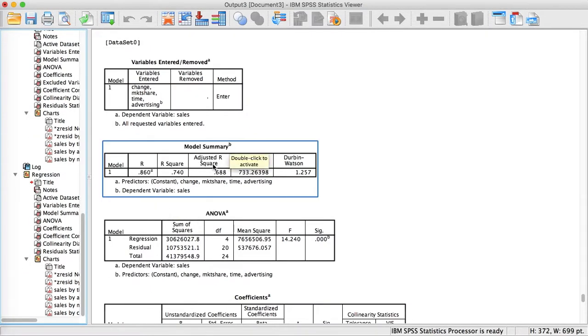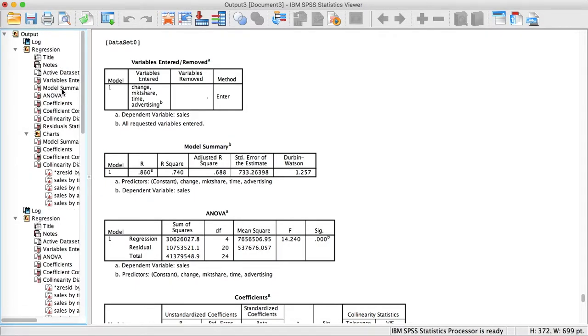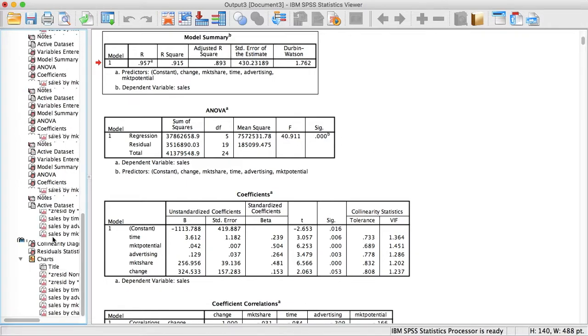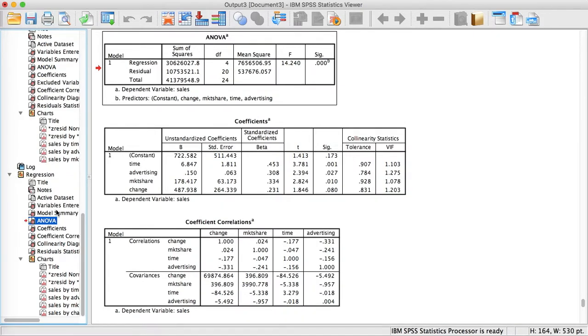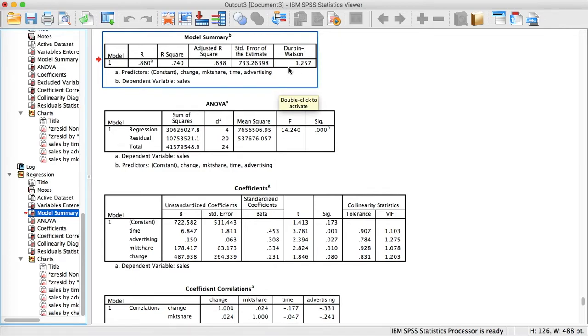So here again, we can see that the adjusted R square is only 0.688 compared to our first one, which included all models, which gave a higher adjusted R square of 0.893. So the Durbin-Watson statistic is now 1.257. So again, this says that the test for